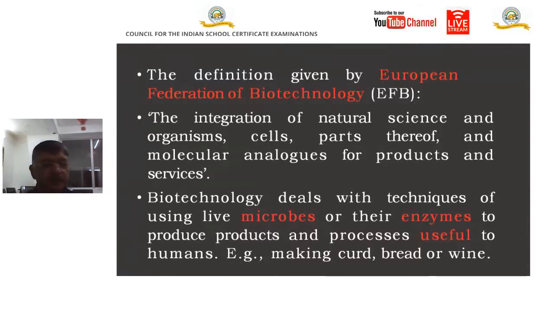Next, a very simple definition, but a perfect definition. Biotechnology deals with techniques of using live microbes or their enzymes to produce substances, products, and to develop processes useful for the human beings. Now, when you see examples like curd making, bread making, wine making, all these examples,